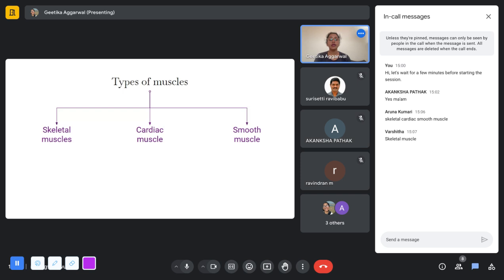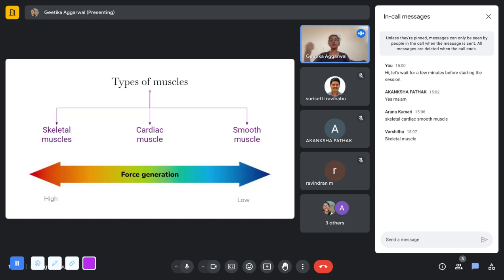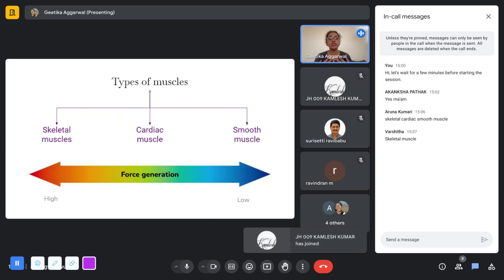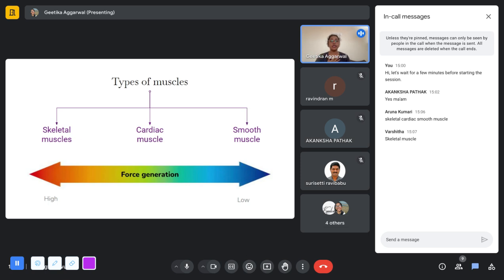Skeletal muscle. Correct. The skeletal muscle has the highest amount of force generation because, as we can see, we can even lift heavy weights when we are using our skeletal muscles, these voluntary muscles. But when it comes to the smooth muscles, we hardly feel any force that is generated by them, even though they are at work constantly. And the cardiac muscle forms somewhere in between because you can actually hear your heart beating. You can hear that lub-dub sound either when you put on a stethoscope or just by keeping a hand on your chest. You can hear your heart beating.